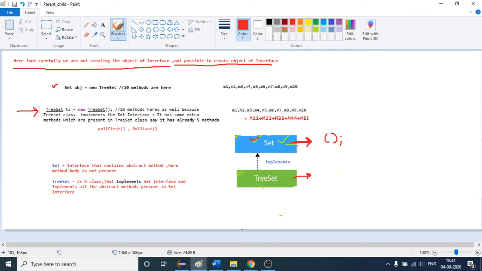So here what we are saying, see, this is a class, again I am saying TreeSet is a class, this is a class, and this is also a class. So here we are simply creating the object, and suppose our object is ts. Okay, after that, what I was saying, see, as you know, suppose this Set interface, assume,